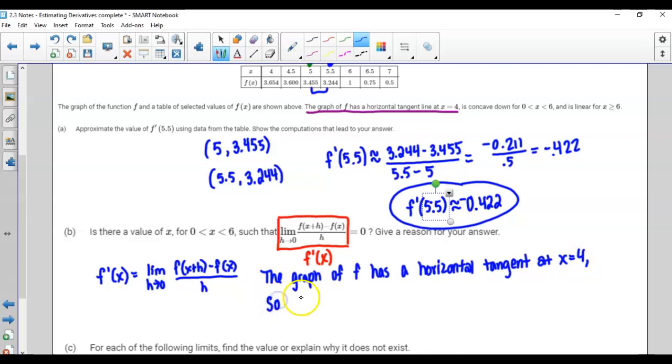So f prime of 4 has to equal 0, or you could say the derivative, or the slope of the tangent line at x equals 4, is 0. And then just to be safe, therefore there is a value on 0 less than x less than 6